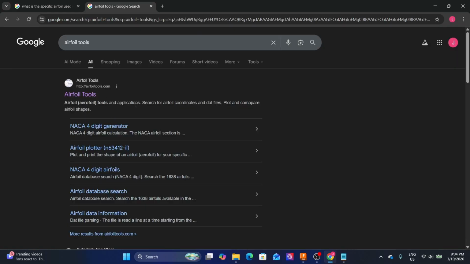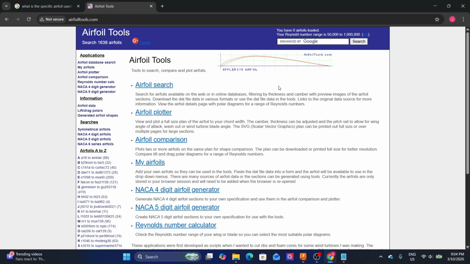And then that's the first link that we have to click. So that's airfoiltools.com. This is where I get all of my airfoils when creating an aircraft. So I'll just select this, and then, like I've told you, because I have already tried, when I'm not still recording the video, I have tried